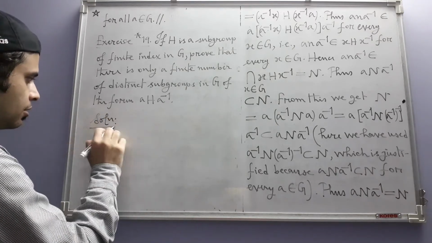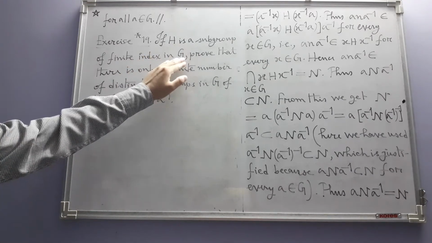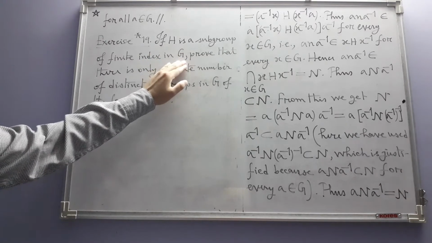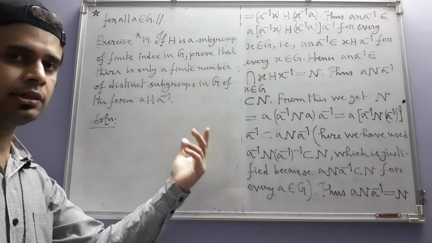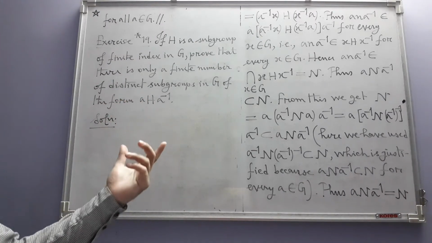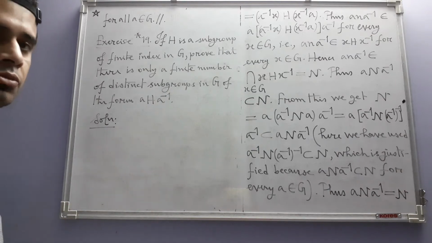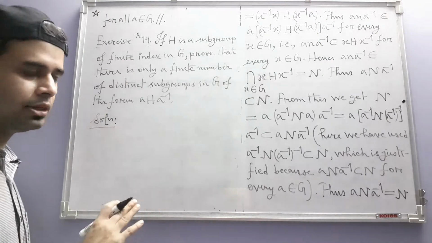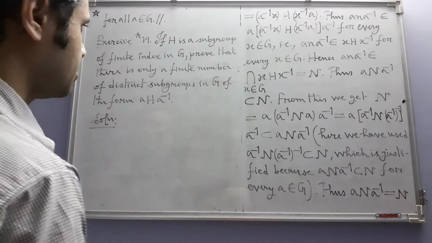Note one thing, again I am saying, for H to be of finite index in G, neither H nor G has to be finite. In fact, we have seen one example, namely in the additive group of all integers, the subgroup consisting of all the even integers is a subgroup of finite index, where the group as well as the subgroup are both infinite, but the index is 2, which is finite. So that is possible.